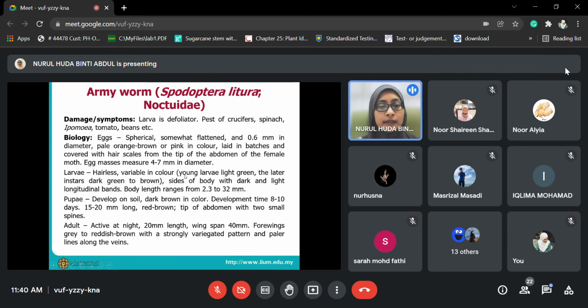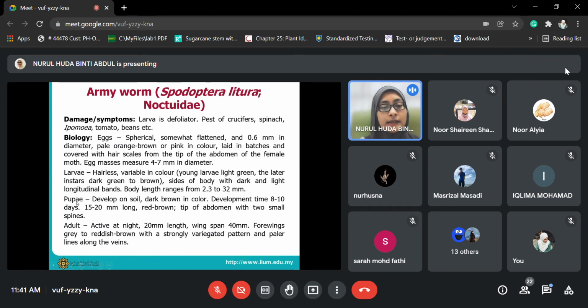Maksudnya tak ada bulu. Okay, tadi scale tu just letak untuk cover the eggs. When they hatch, the larvae hairless, variable in color. As you can see, waktu the small instar ataupun small stages, it's actually light green, and later it will turn into dark brown depending on the stage. And then, okay, there are also certain longitudinal bands yang mungkin appear clearly, okay, when the larvae develop,